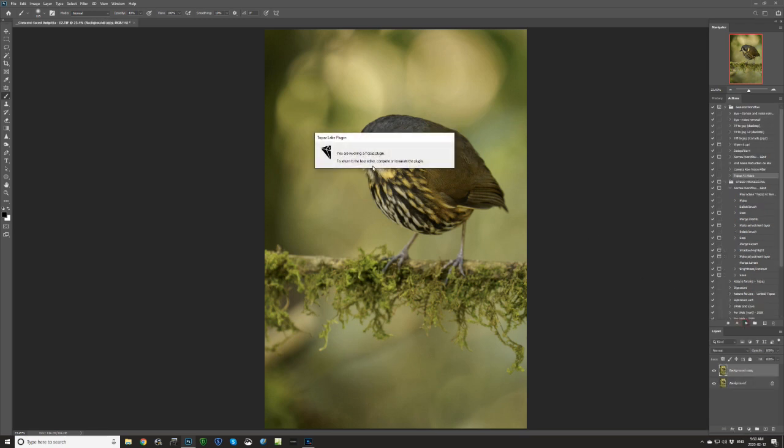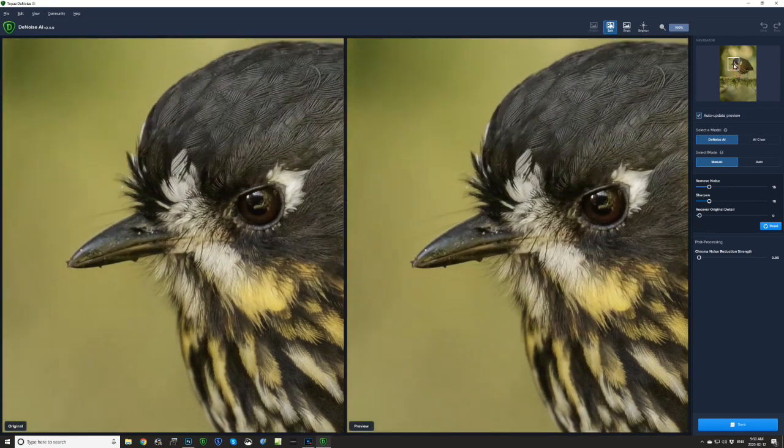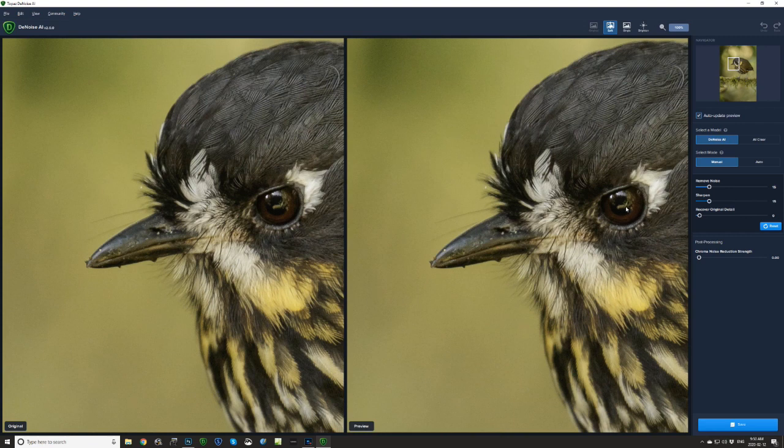It's going to immediately launch me out into Topaz's Denoise plugin. So here we go. And the image comes up. I have it set on the split view here. So if I was, for example, I guess it doesn't really matter, but let's go ahead and have a look here. And if I reset the